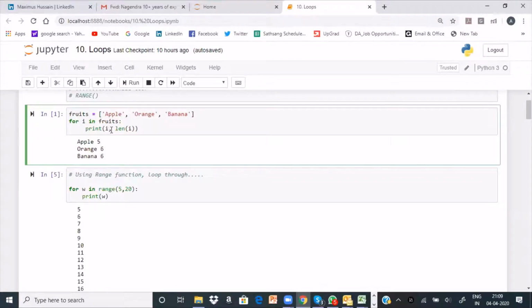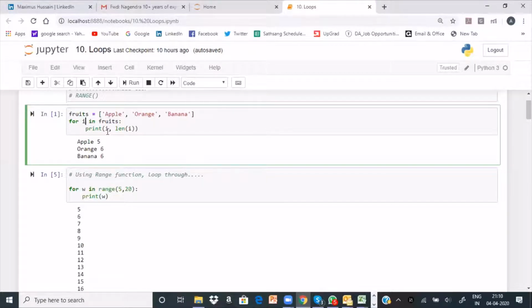That means whatever is there in i, print i. In the sense, the first time when the loop runs, i becomes 1. Okay. Then it starts with 1. What is this one? It is the apple. Then second it becomes orange. Third it becomes banana.